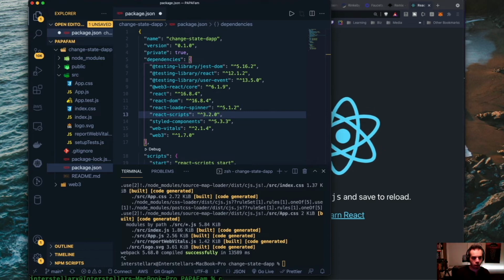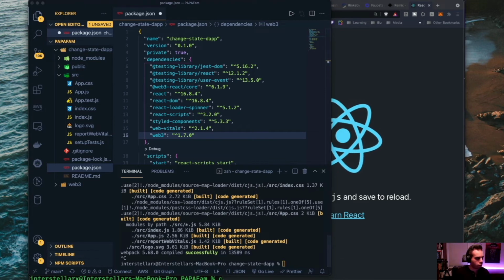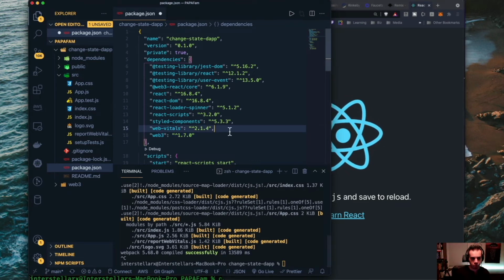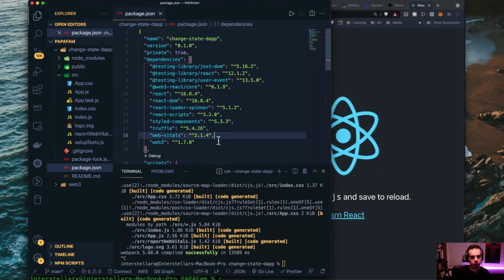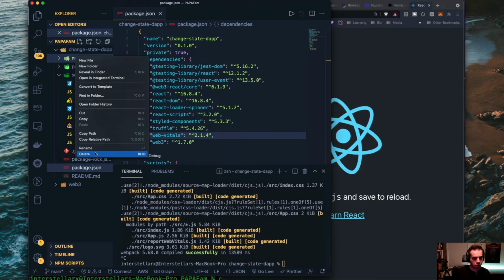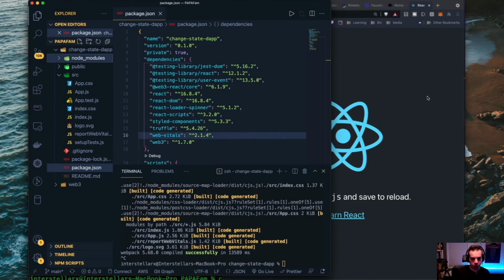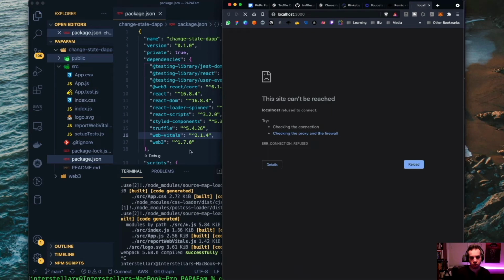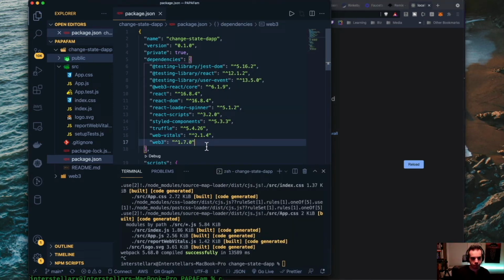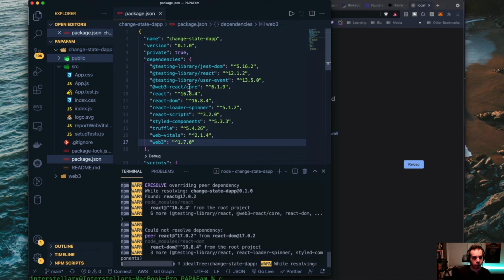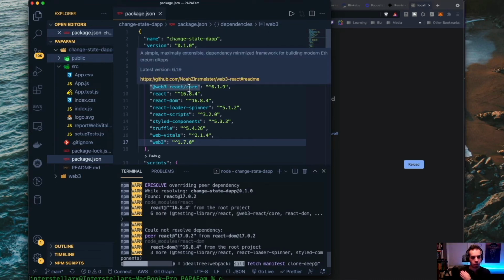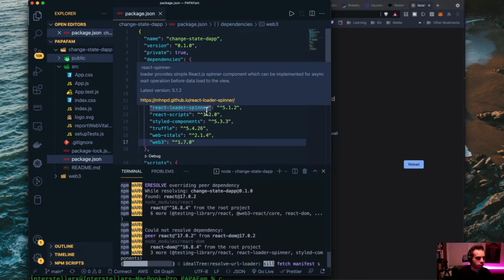We will want to install Truffle as well. So I'm just going to add Truffle into here. We did install Truffle globally, but we want to be able to also have it as part of the project. I'm going to then delete my node modules. And this is actually just spinning because it is still technically running. So I'm going to save this package.json. I'm going to do npm install. And it's now going to take what I've put into the package.json file and install all of those node module packages into our application.